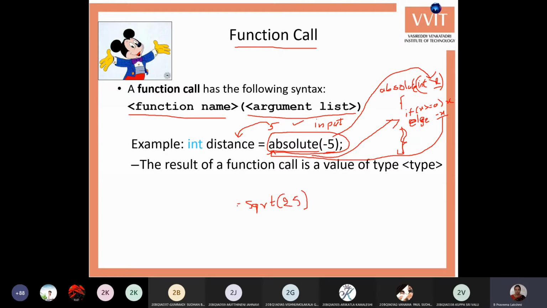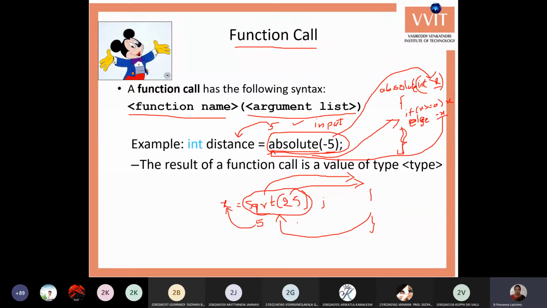Say here I am storing the result into some variable x. Whenever you call like this, it goes to the math.h header file, and it gives 25 as the input value. It finds the square root of 25, and you'll get the return value, that is 5. So you'll get that return value to here. In place of the square root of 25, it substitutes the 5. Now this 5 is stored into the x variable.